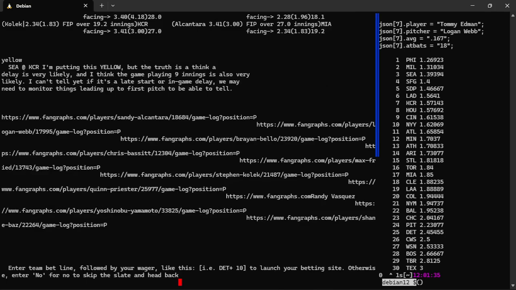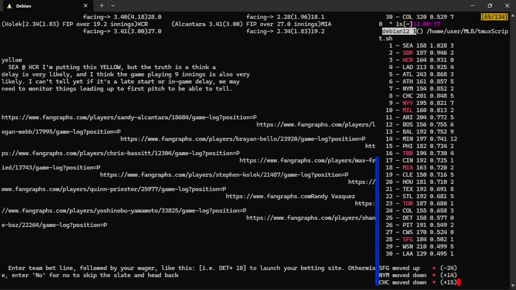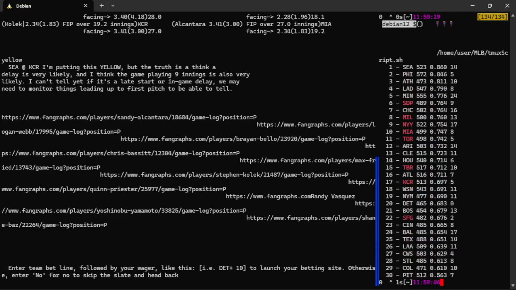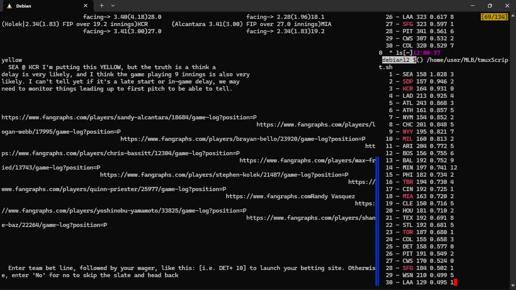Okay, so now what we're doing is very simply looking at 5 days back here, scrolling up, 10 days back here, and finally 15 days back, and looking for teams that are dominating in this range that are highlighted. The highlight means they have a top pitcher who's been pitching good recently.